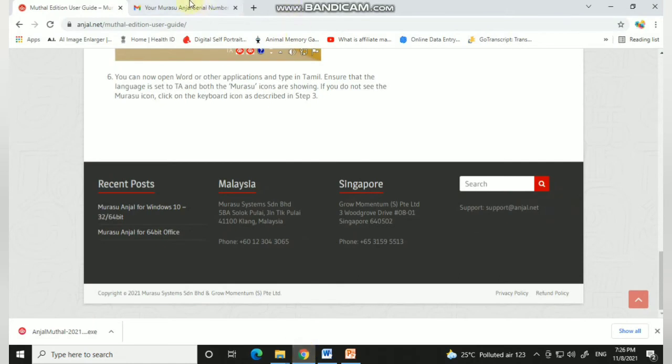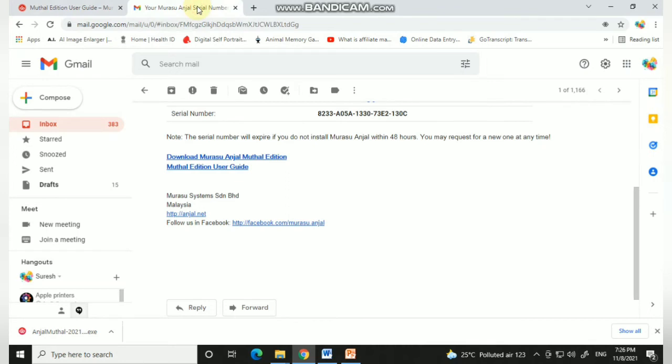it will ask for a serial number. For the serial number, you have to register. Once you finish the registration process, they will ask you for your name and your email ID, and then you have to check the terms box. Then you will receive your serial number in your mail ID. Here I have received my serial number, which is here.